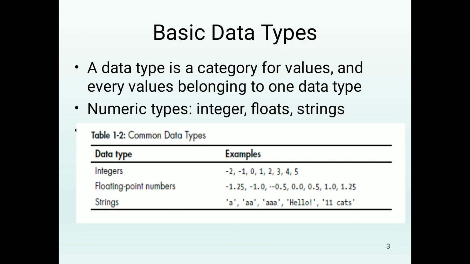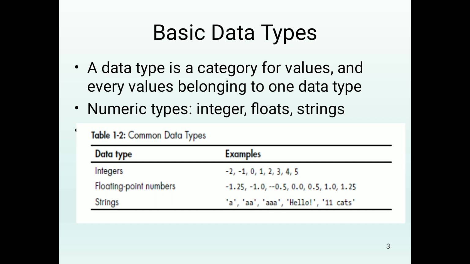Okay. So what are the different data types used in Python? There are three different data types used in Python. One is integers, second is floating point numbers, and third is strings. Usually a data type is nothing but a category of values, and every value belongs to one type. For example, number 5 is a value which represents an integer. Suppose it is 2.5, then 2.5 is a floating value, it represents a float point. Suppose it is welcome, written in double quotes, then it will be a string value. So based on the value, it belongs to one data type.